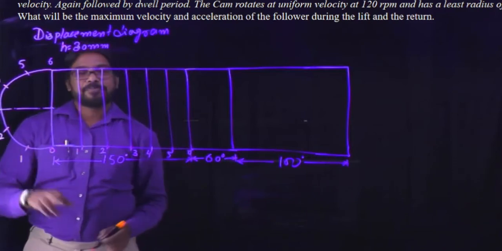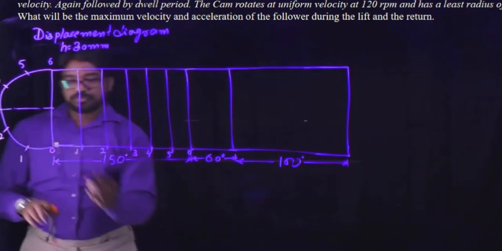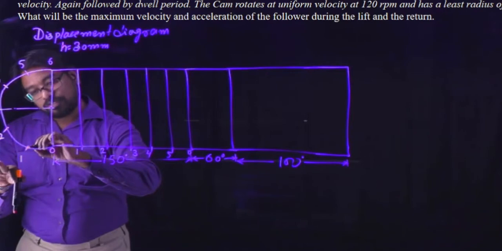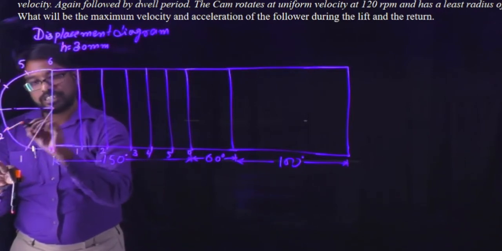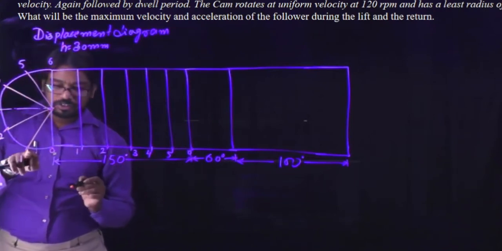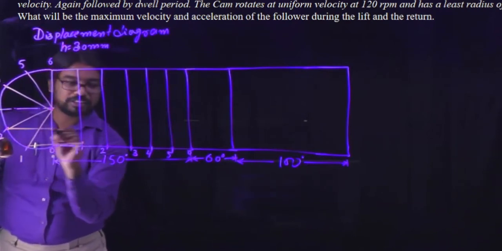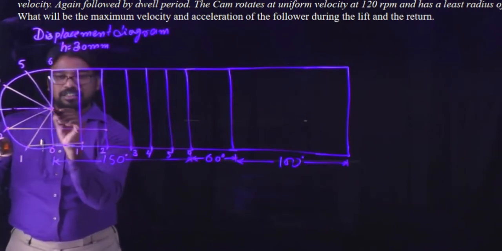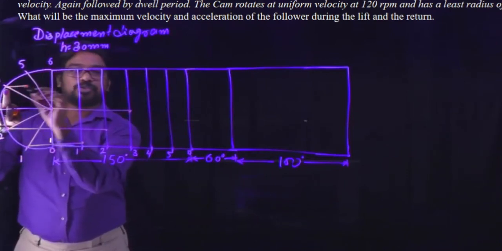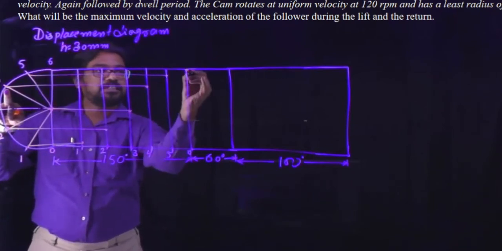Now what we do, we simply extend these lines further. We connect all of them with the center, or what we call the origin. We all just join these lines. Now this 1 we extend up to the first line. This 2 we extend up to the second line. The third we extend up to the third part. Fourth we extend up to the fourth. Fifth we extend up to the fifth one, and sixth is the final one we have.